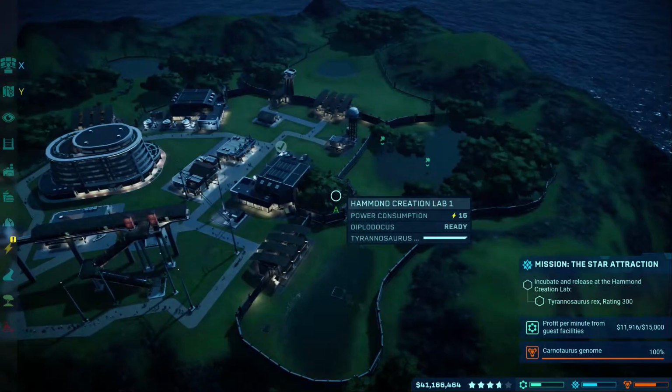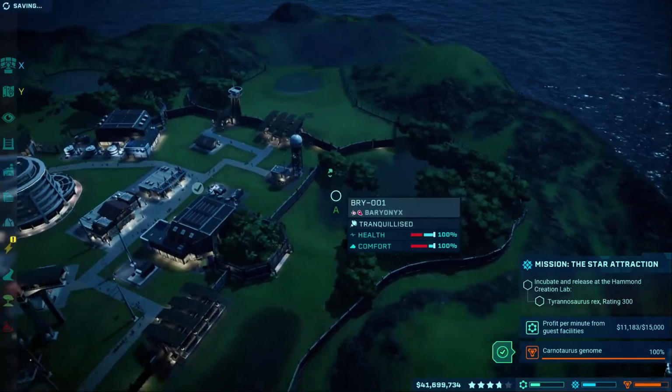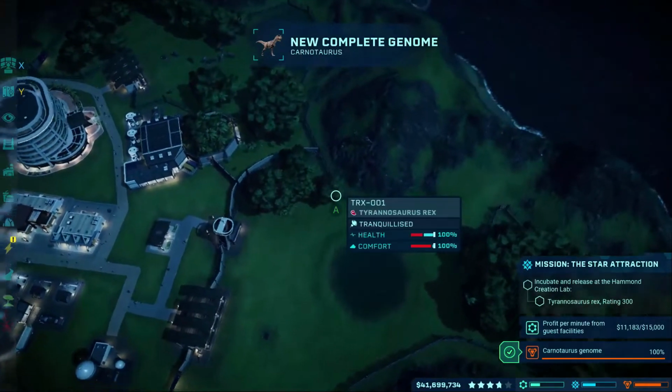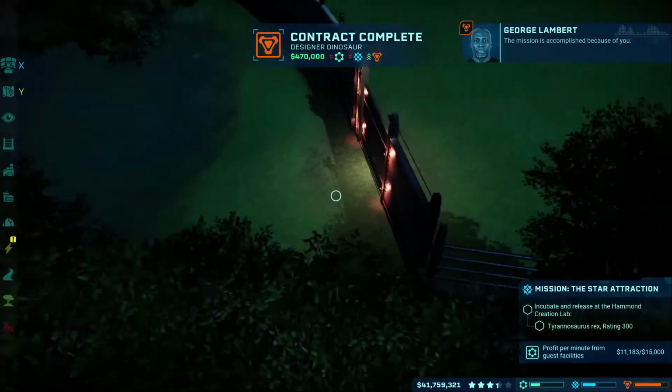Okay guys, so the Tyrannosaurus is obviously nearly ready now. So what I've done is I've just tranquilized the Baryonyx, because I don't want the T-Rex killing them. And then I've also tranquilized my other T-Rex just so it doesn't kill that one. What I'm going to try and do now, if I can...